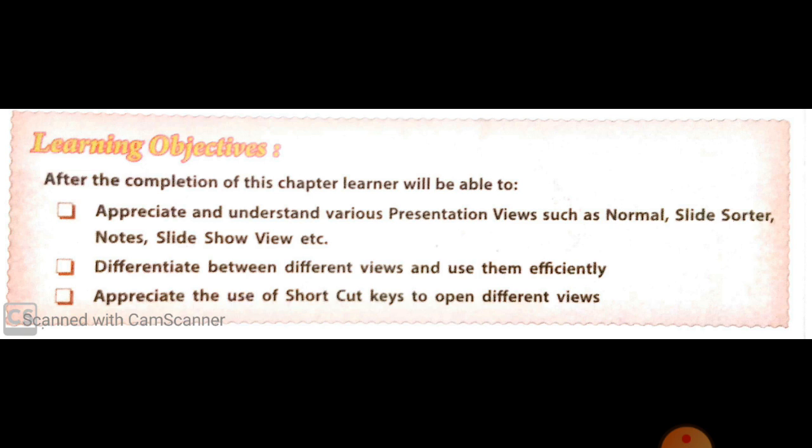We will also discuss the use of shortcut keys to open different views.